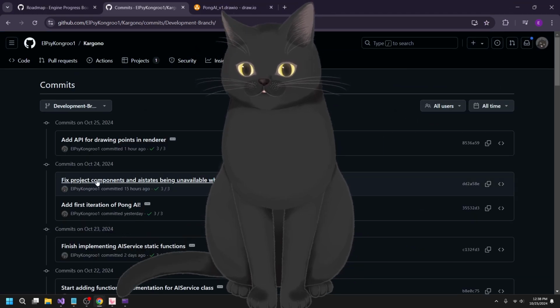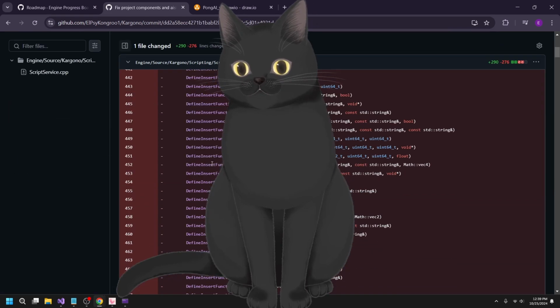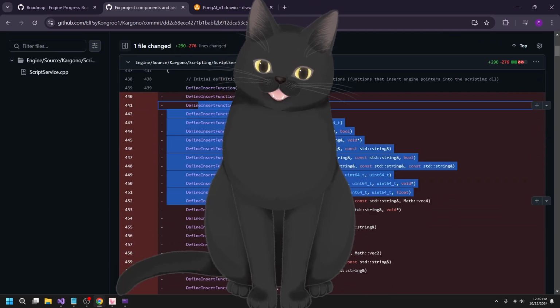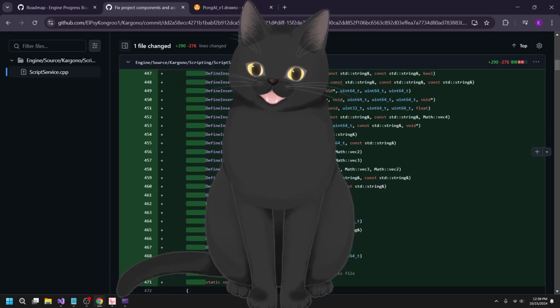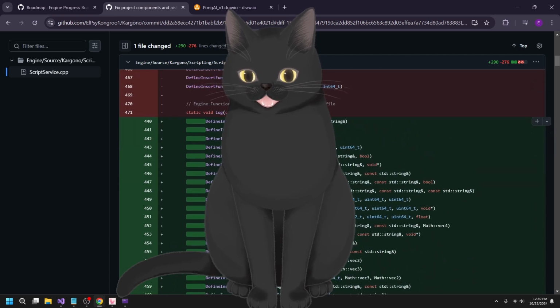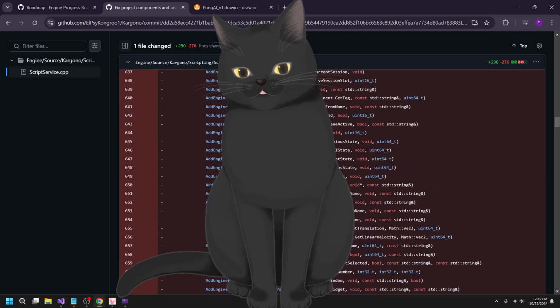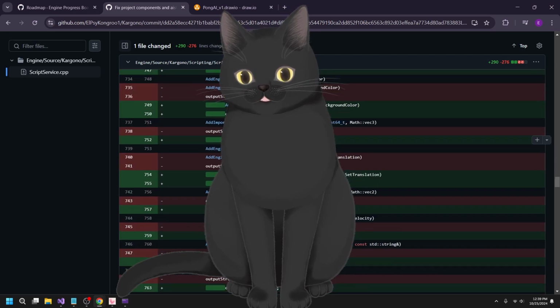Okay, so I committed these two commits prior to starting the stream. With this first commit, don't mind this, I didn't actually change this. It's just because I copied and pasted a file in, so I added all these spaces. That's annoying.